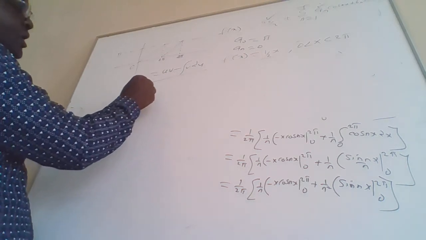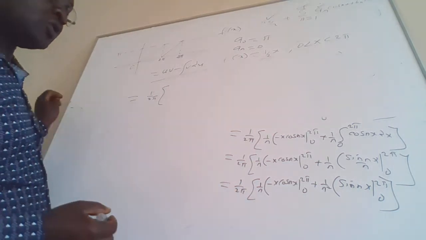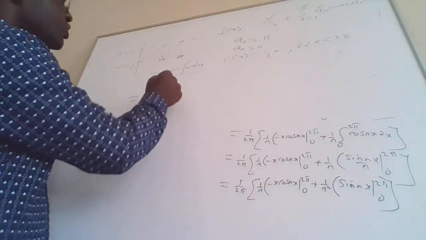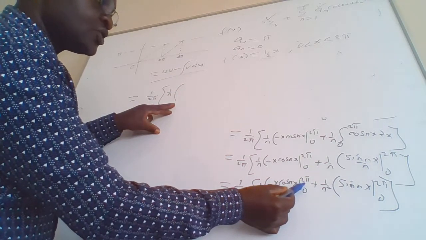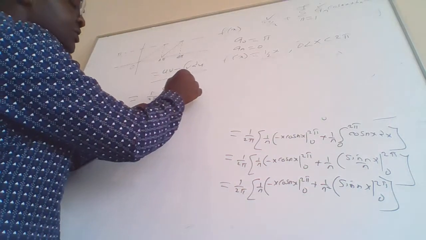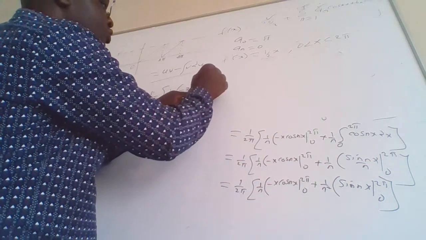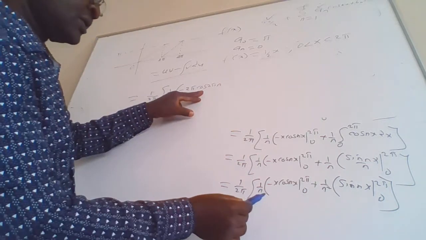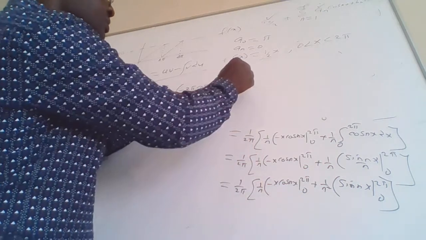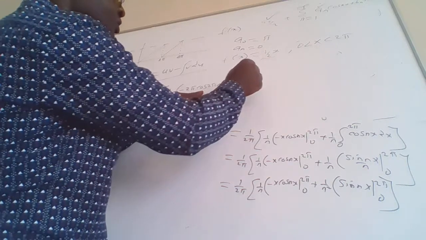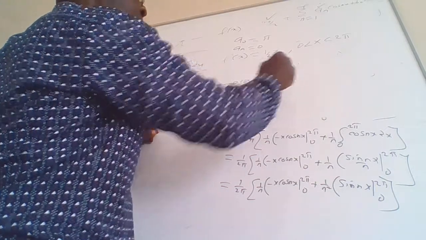So this equals 1 all over 2 pi into, so we now substitute this. So we have 1 all over n into, where there is x, we substitute with 2 pi. So we have minus 2 pi cos 2 pi n, then minus 0. We are now substituting this 0 cos 0, like that. Then plus 1 all over n squared